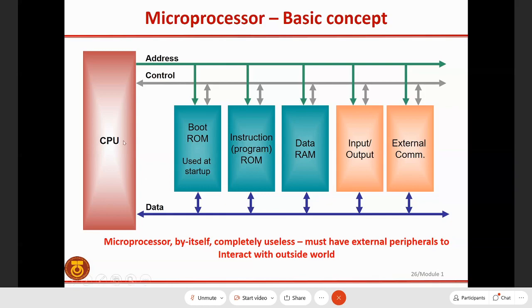So this is how the CPU accesses the program. Like I told you, the CPU needs to do the operation, right? CPU needs to have the instruction. What instruction do you want me to do? So it fetches the instruction from ROM. Your instruction is to please do addition of 5 and 7. So where do you write your instruction? Here in ROM, right? The instruction is stored in ROM. But the CPU does not have it. The CPU fetches the